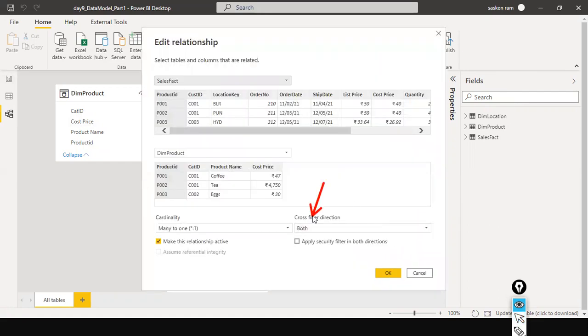So I'm talking about cross filter direction both. Is it advisable? It is not advisable. There is a downside to this option, both in the case of cross filter direction, because it will degrade your performance,